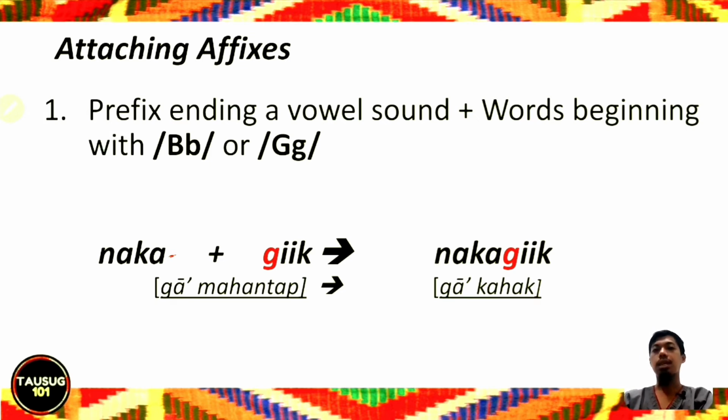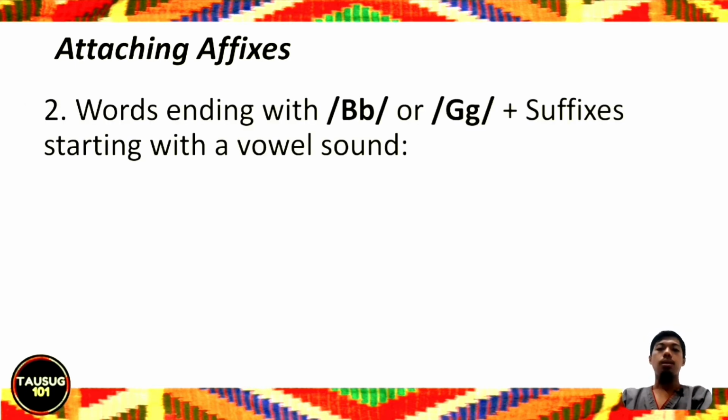Nakariik. The ga here now assumes the ga kahak sound, which is the softer sound, because it is now in between two vowel sounds. Naka and giik. Nakariik, not nakagiik. Next, we have words ending with letter ba or ga, and we connect them with suffixes starting with